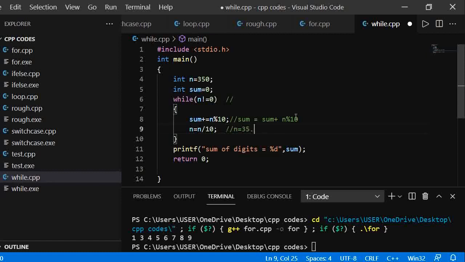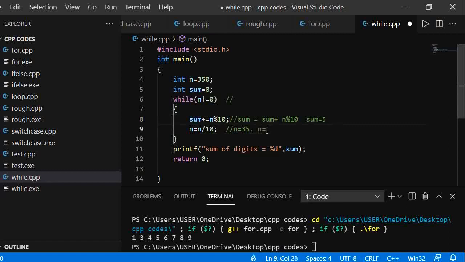Then the loop continues, it's still not 0, and it adds sum plus equal to n mod 10, which is now 5. So sum becomes 5, and then n becomes n by 10.